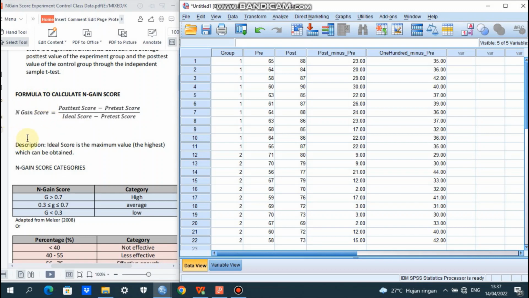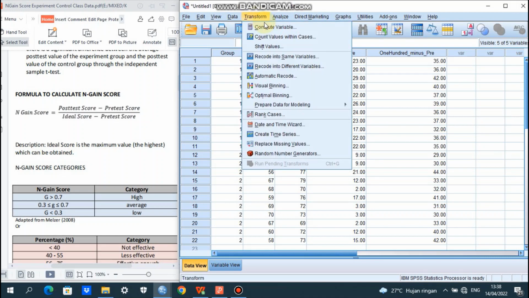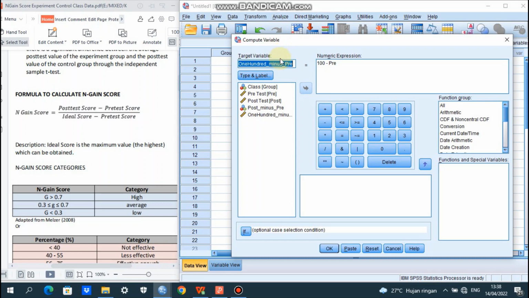And the next, we do the calculations for N-gain score. Post-test score minus pretest score divided by ideal scores minus pretest scores. Okay, we click transform, we click compute variable, and this one we delete it first, and then we type here N-gain score.